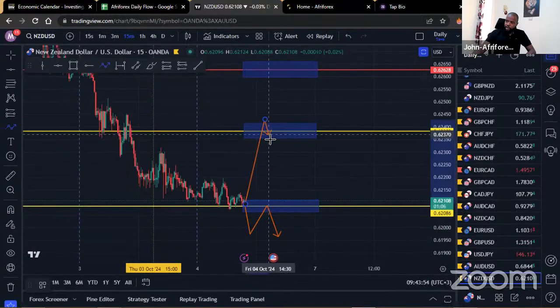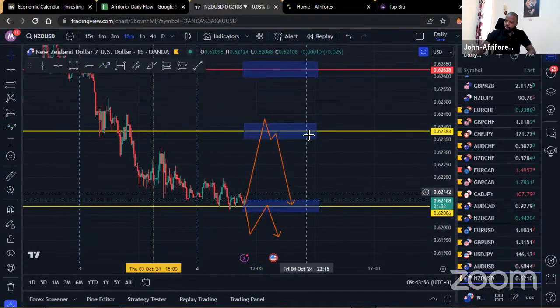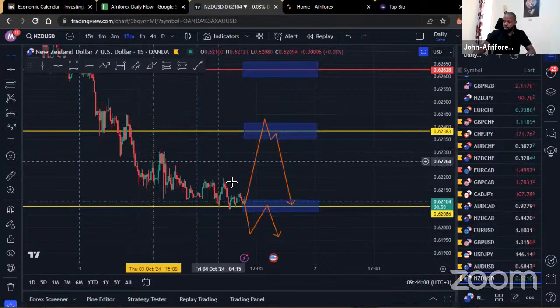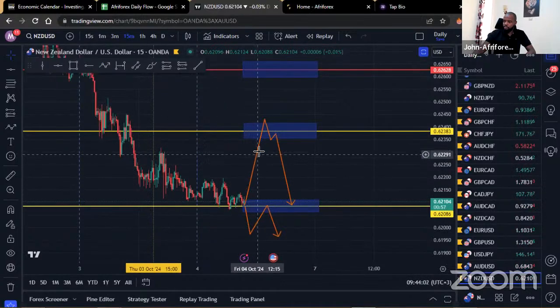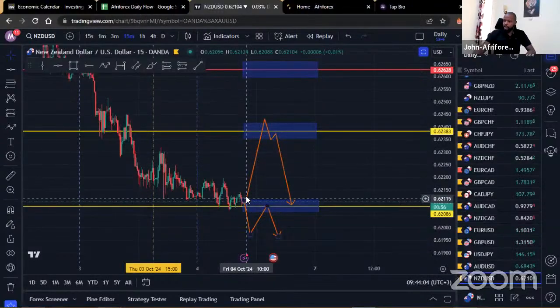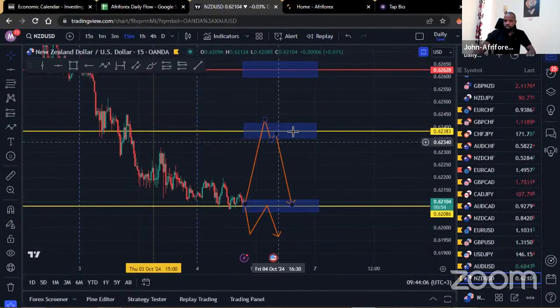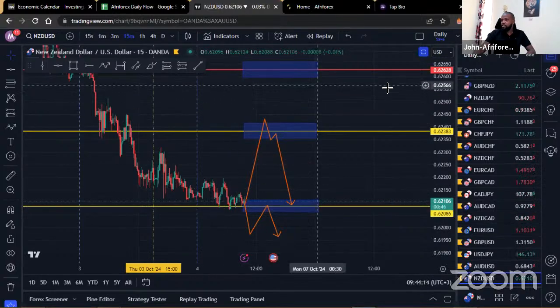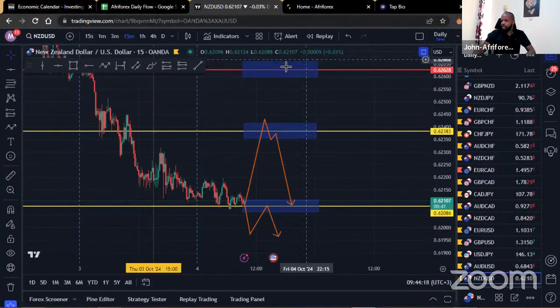The market can get back all the way to within this region here, or you could find it all the way back within there. There's also an SNR somewhere within this area. But generally, as far as possible, as the market can get of this region right here, and as close as possible as it can get within this region right here. So just make sure you watch out for that. But of course, remember these levels, in as much as they seem quite far, you could easily find the markets coming back in within that region right there.